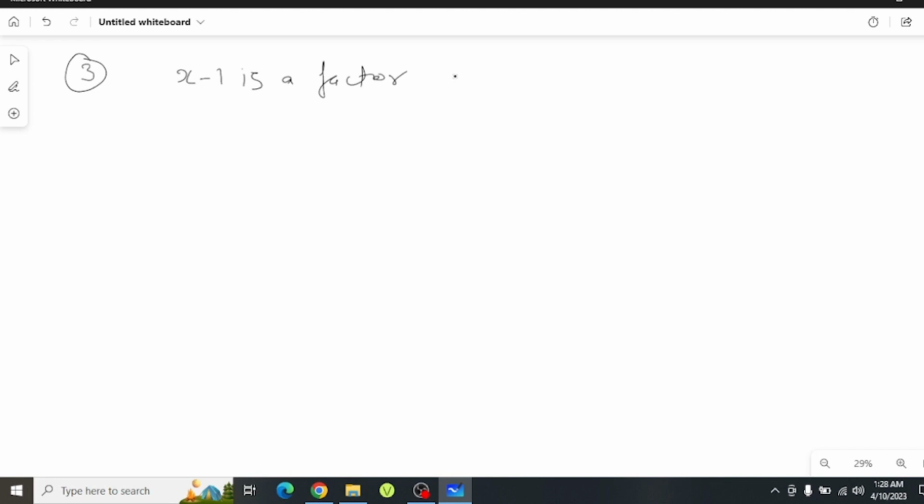The question is saying x minus 1 is a factor of the polynomial. So we know that if we put it equal to 0, the value of x will be 1. And if we put 1 here in place of x, the result will be 0. This is statement number 2 of the factor theorem. Okay, so in the first part our polynomial is